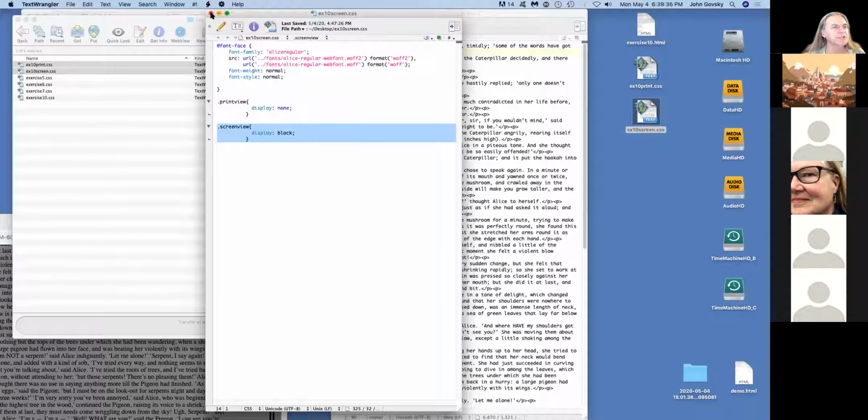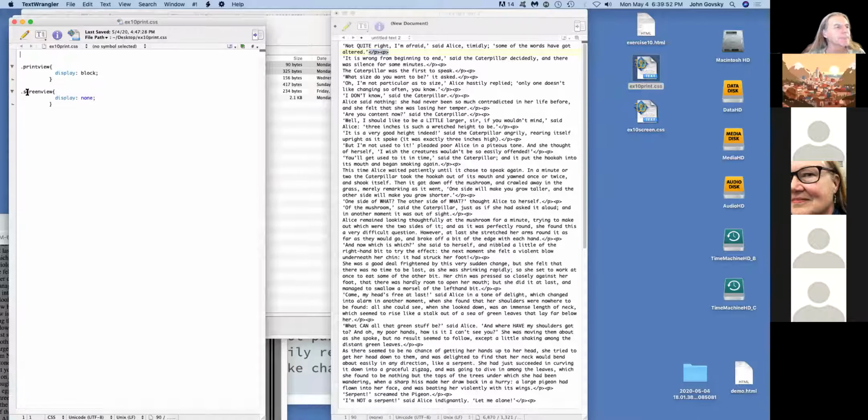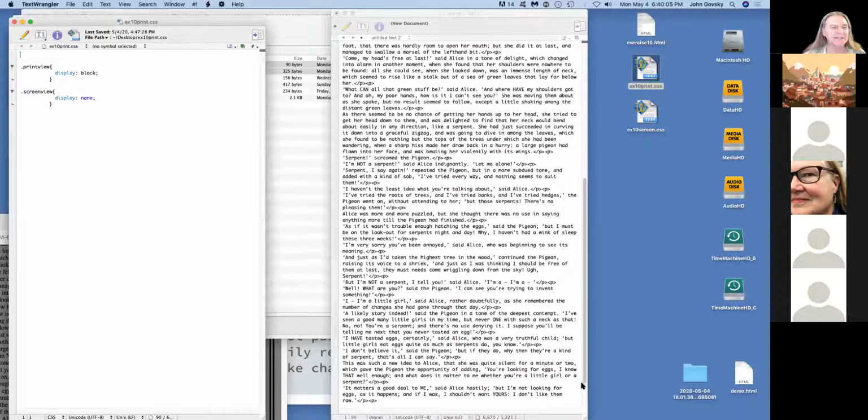Your screen style sheet is saying, don't show the print view stuff, show the screen view stuff, because it's your screen style sheet. Now your print style sheet should have that reversed. Your print style sheet says display block print, display none screen. Perfect. Except, okay, here's the trick.